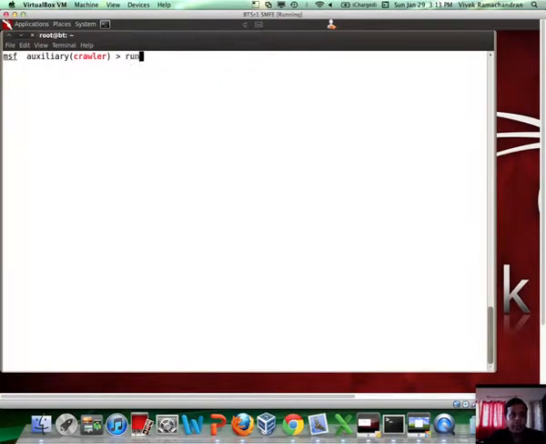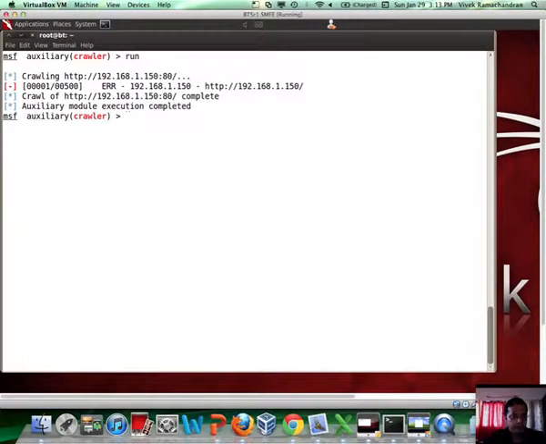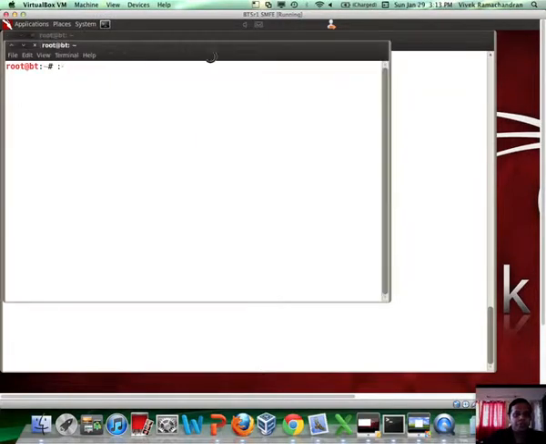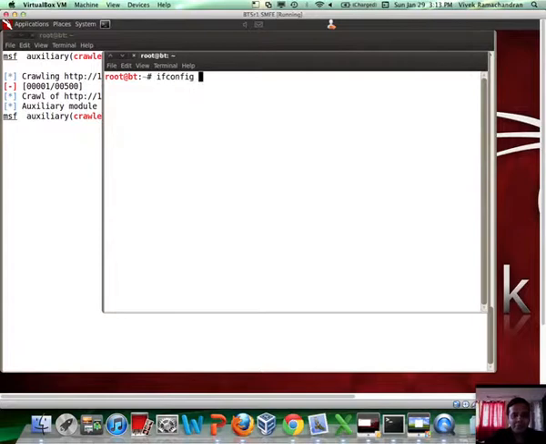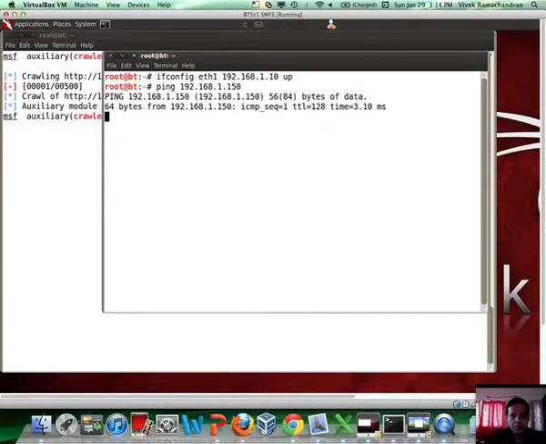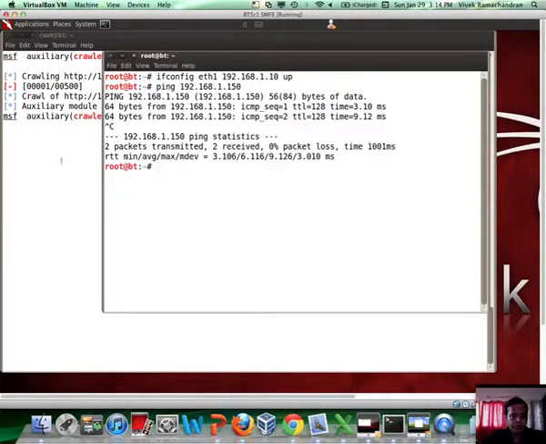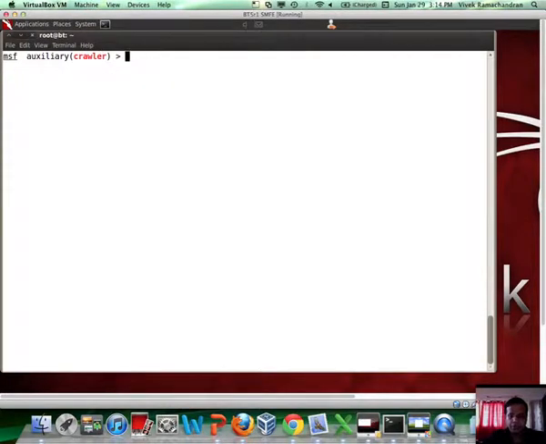Let's go ahead, run the auxiliary module, and if you notice, it was actually able to, okay, I think, stupid me, we don't have an IP address yet. There you go. Now let's go back here, run the auxiliary module again,